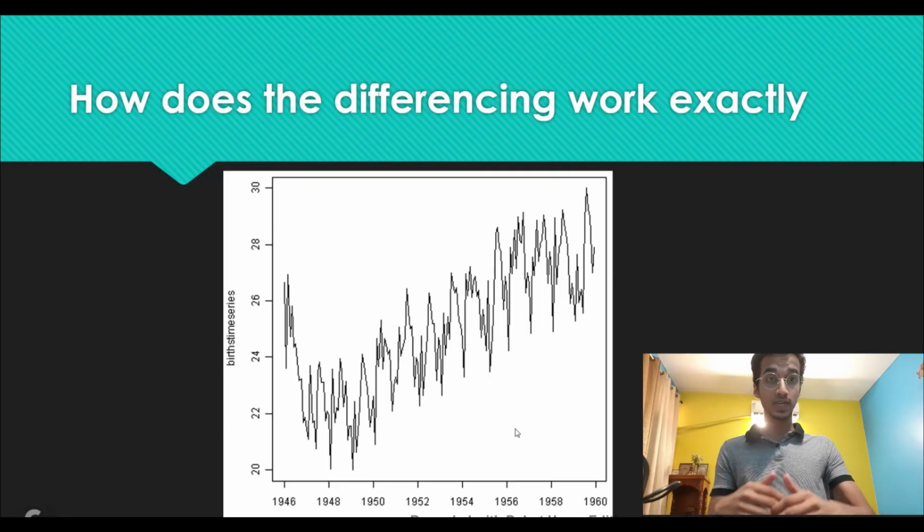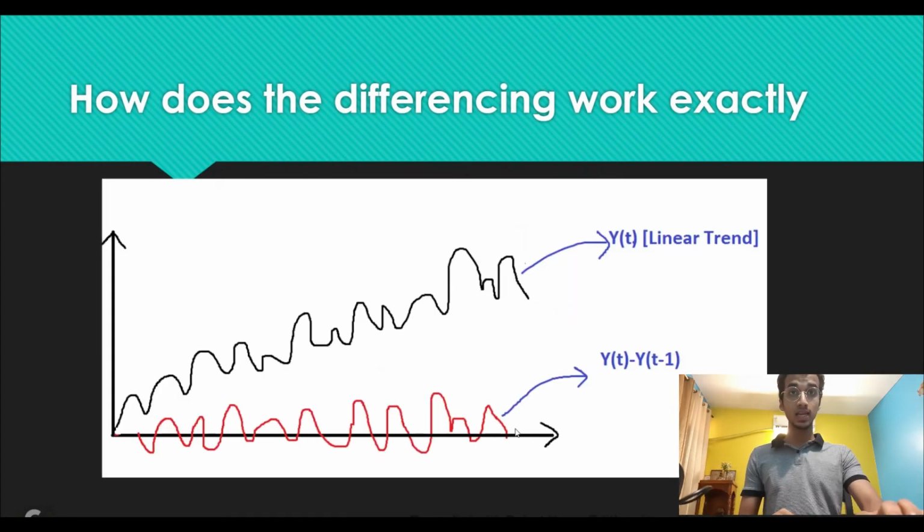So first step is using a differencing operation to convert that into stationary, which looks like this, right? Let's say you have a graph like this, the black colored line, which is a time series, and you can see the average is constantly increasing. We have to convert that to a stationary time series by doing a differencing operation which looks like this. We're simply subtracting the values of the time series with the values in the previous time step. Just basically y sub t minus y sub t minus 1. Right? You can see by doing that we eliminate the trend and we have somewhat of a stationary graph, because we can see the mean is constant over here, right?